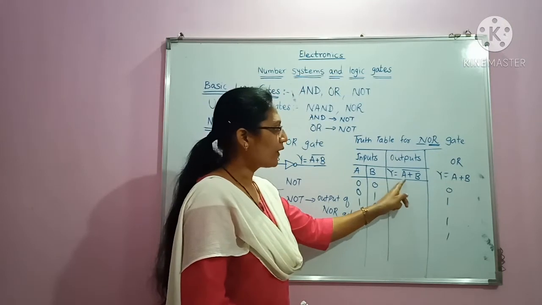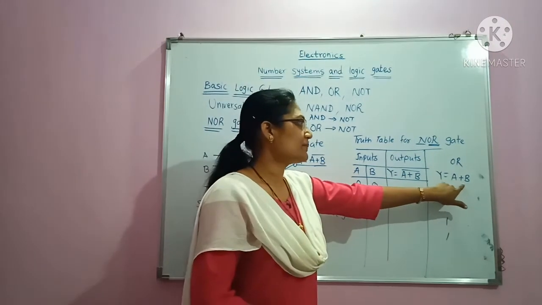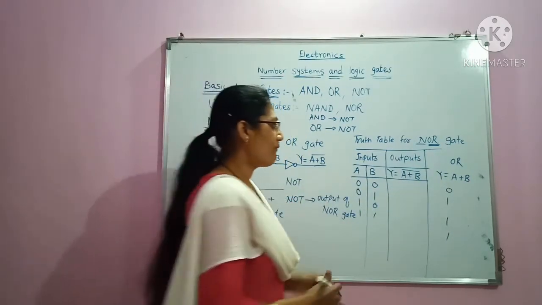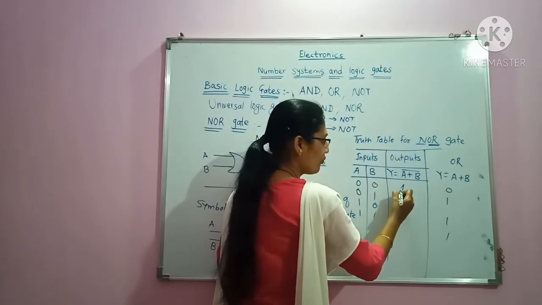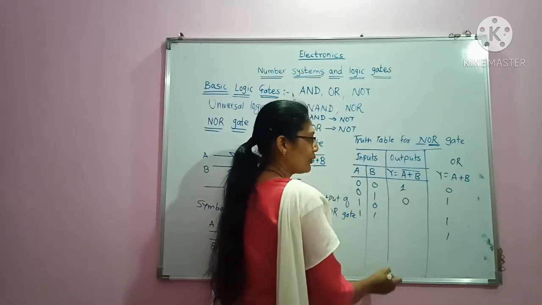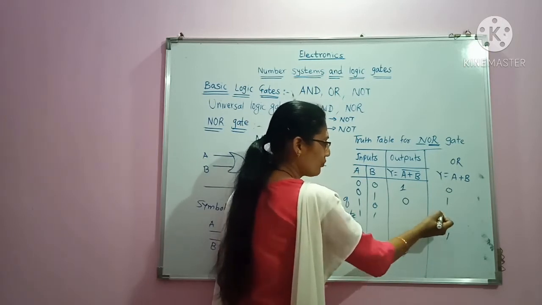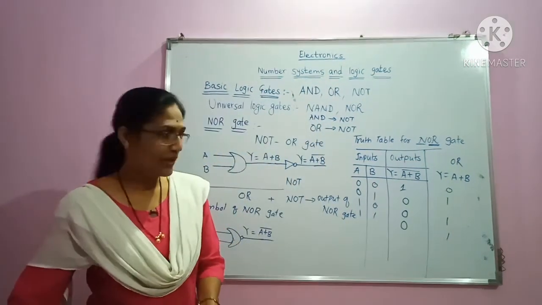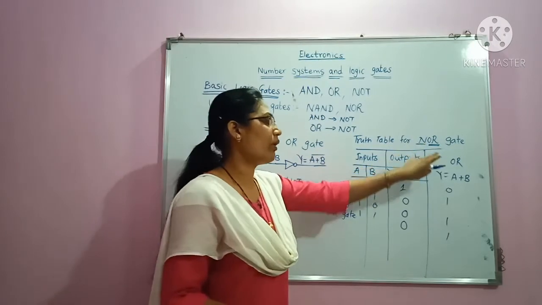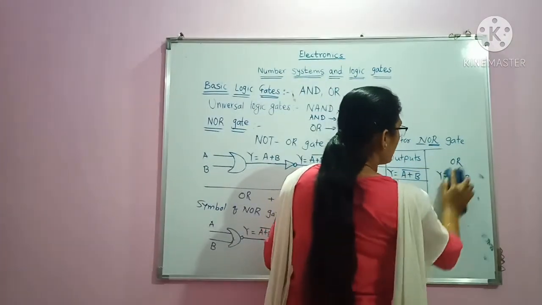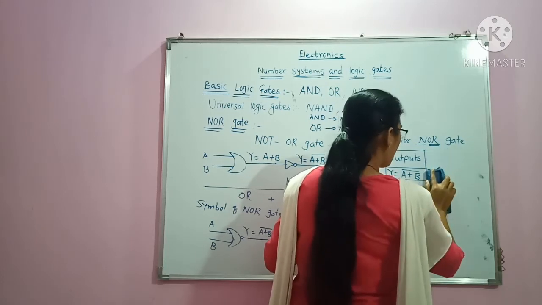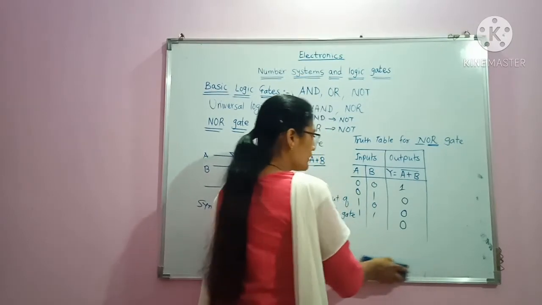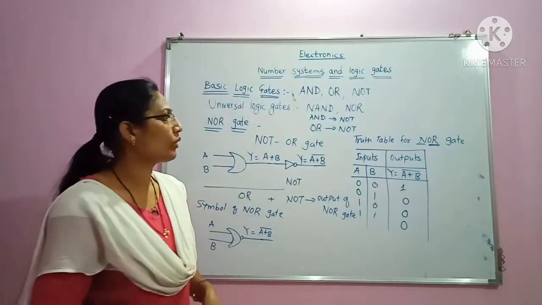Now we will generate the complement of A plus B. Here A plus B we have obtained. Now we have to take the complement, which means we have to invert the value. So 0 is here, so it will become 1. 1 is there, so the inverted value is 0. 1 is there, inversion of 1 is 0. 1 is there, inversion of 1 is 0. So here we have obtained the outputs of NOR gate by having in mind the output of OR gate. And now I will rub this, so you will have a complete picture of how we have generated the truth table for NOR gate.